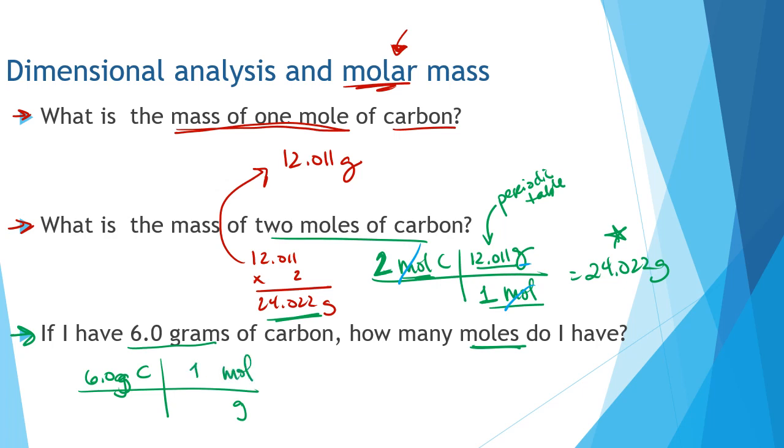I know that 1 mole of carbon has a mass of 12.011 grams. Notice I put my mass, my gram number, next to the g. Moles is still a 1. I'm going to cancel out grams, top and bottom. What are we left with? 6 times 1 is 6, divided by 12.011. And when I do that math, 6 divided by 12.011, we get